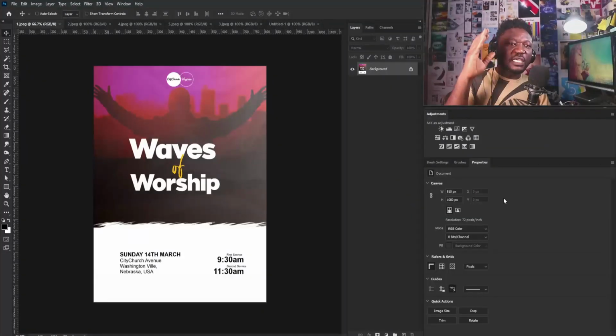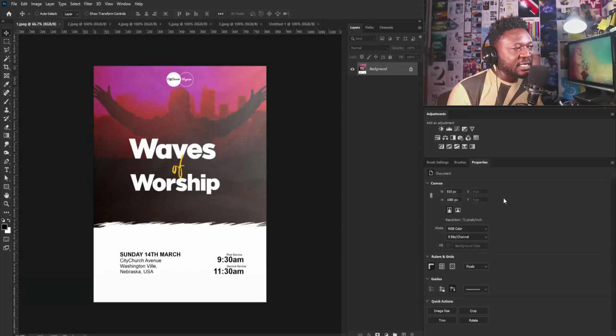Okay, so what I'm going to be checking on today's designs is contrast, layout, and how the designer was able to tell the story the right way. Because those are, in fact, the three key things that you need to put in place when working on design projects. Okay, so I have my very first design here, and